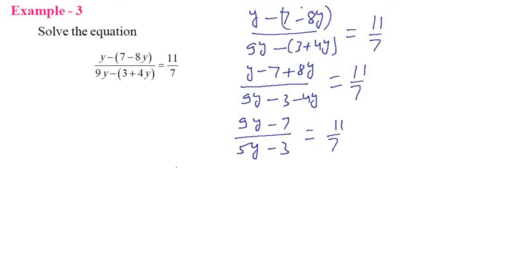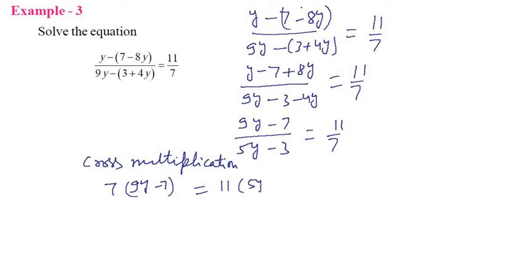Now do the cross multiplication. What will happen? It is 9y minus 7 multiplied by 7, and here is 11 into 5y minus 3. Now here 9 sevens are 63 of y, minus 7 sevens 49, and here 11 fives are 55 of y, and 11 threes